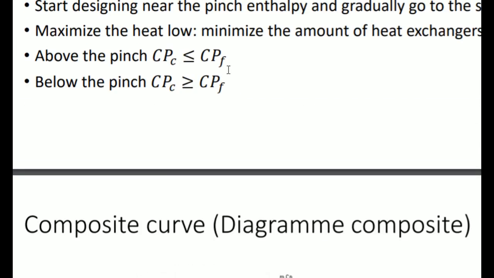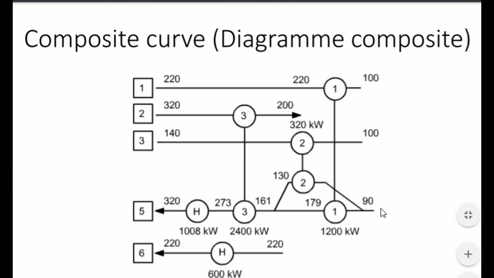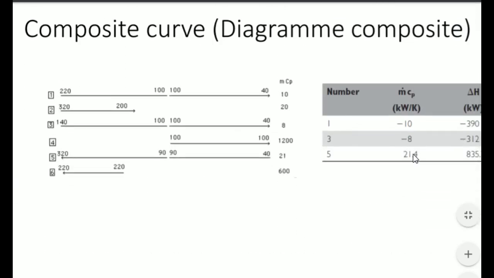So using those, you can build a new way, and as you can see here, the flows can't be paired with others. So what we will do is we will split our fluid 5, because since 5 is too high to pair them, we'll split them in a way that this can match part of this and this can match part of it, because it's a product of the CP, a CP that is more or less a constant, and the massic flow. And the massic flow, you can split it by doing a split in your fluid system.